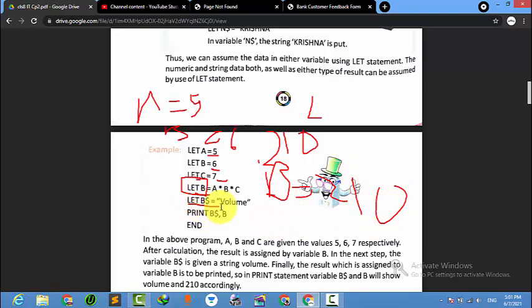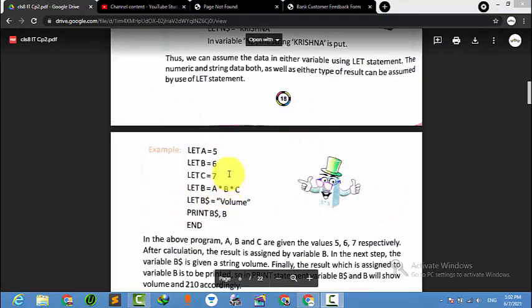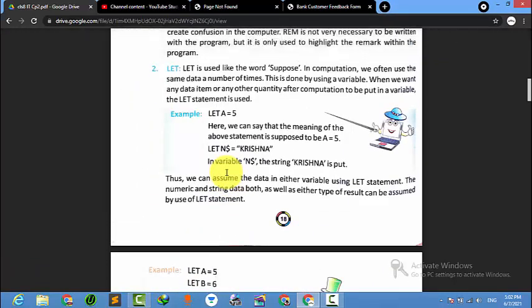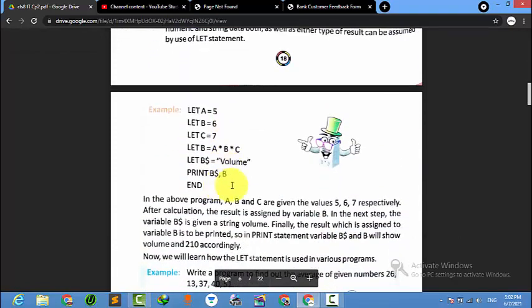Let b dollar equal to volume. This will print the heading. Now what does this dollar mean?